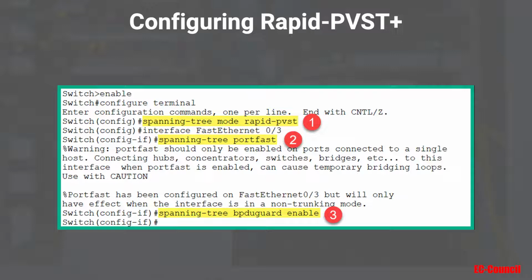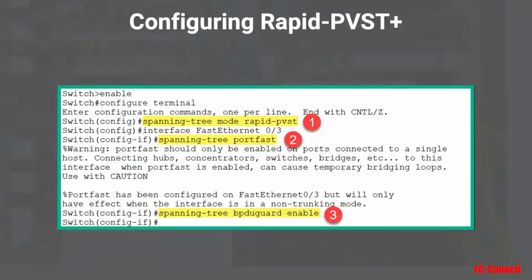Well, you simply go into interface mode, as you can see here, interface FastEthernet 0/3. Then we use the command spanning-tree portfast and hit enter. Once we use this command, of course, the operating system will give us a little warning saying, hey, only connect end devices, non-switch devices, and only connect like a router,